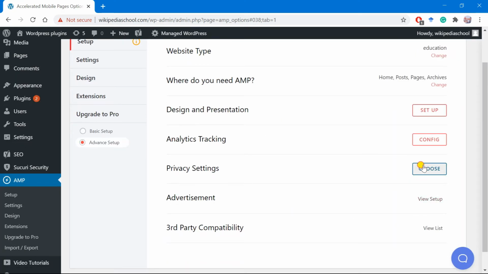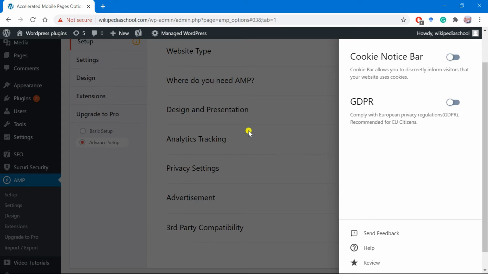Now comes the privacy settings. Whenever we visit a website, we see some notification, cookies notice bar, GDPR. If you use these options on your website, then you better turn them on. But if you don't use them, you better turn them off.